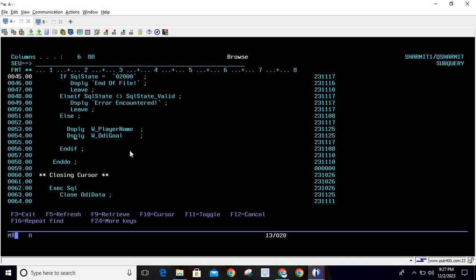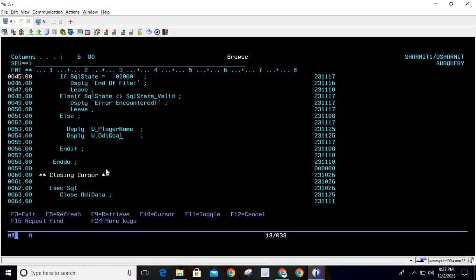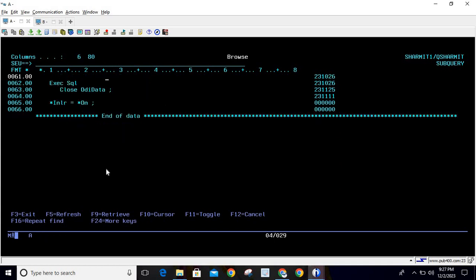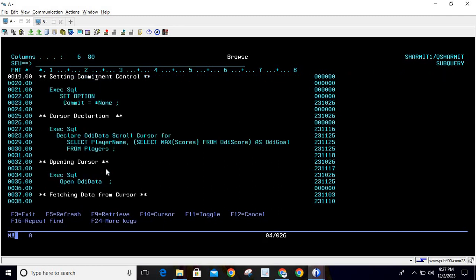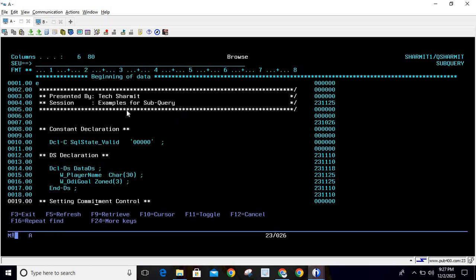Else you can display all the values which you have fetched. Like here we have fetched the customer ID, customer name, and order status. So you can simply print those values. Then simply end the loop and close the cursor by using the EXEC SQL command, close cursor name, and end-do. So this is the old example where we were using it in the previous session, but I just explain to you